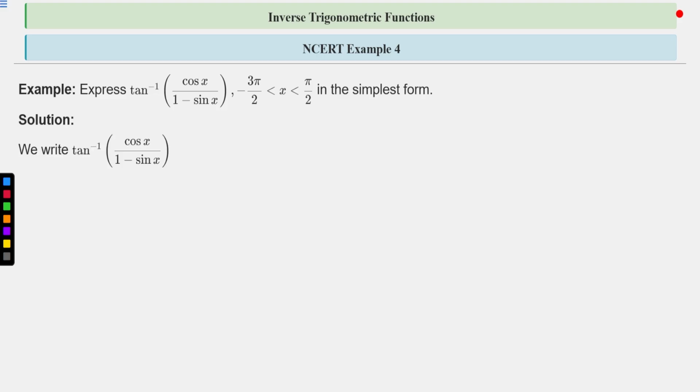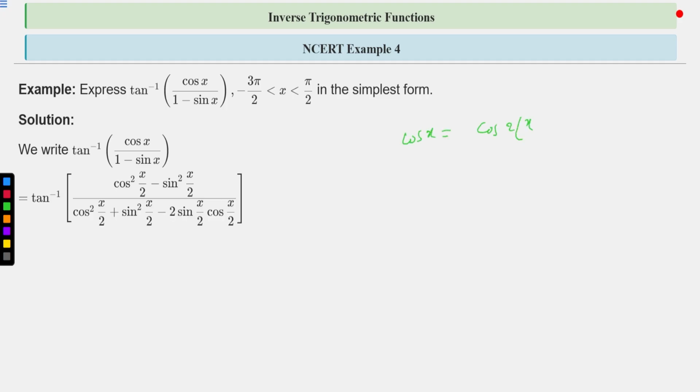So we can write tan inverse of cos x upon 1 minus sin x, as cos x can be written as cos of 2 into x by 2, right? Now we know that cos 2 theta is equal to cos square theta minus sin square theta. Therefore, we have written tan inverse of cos square x by 2 minus sin square x by 2 upon, in the denominator you can write, see,